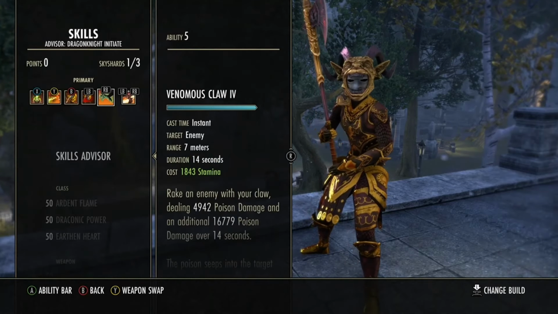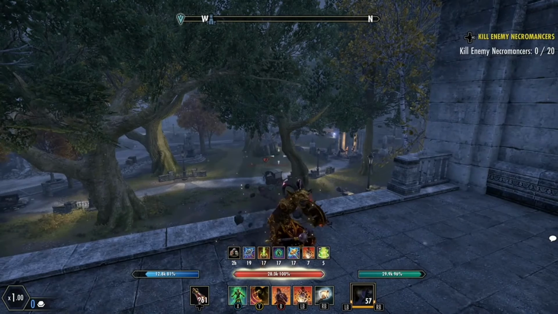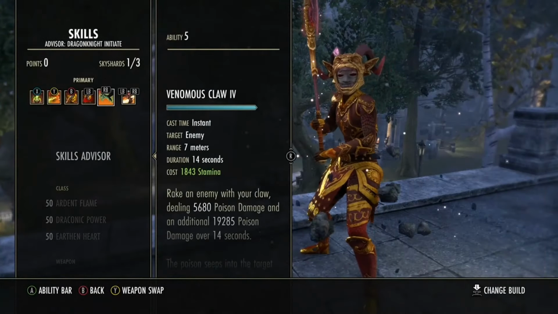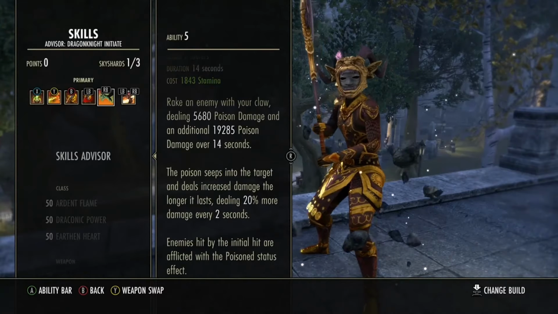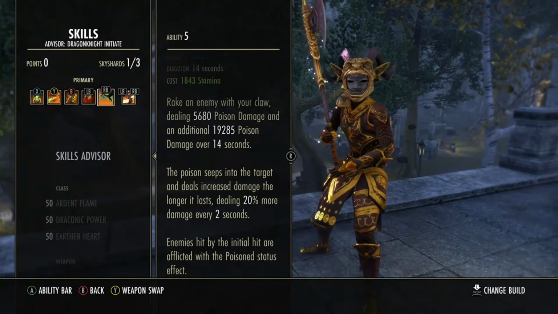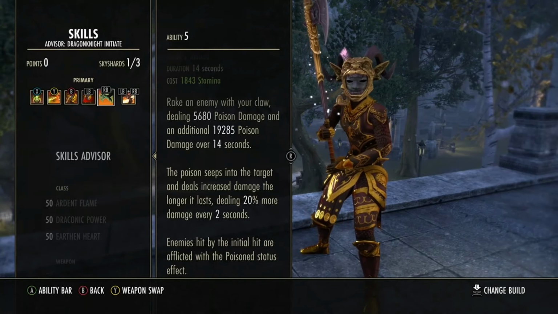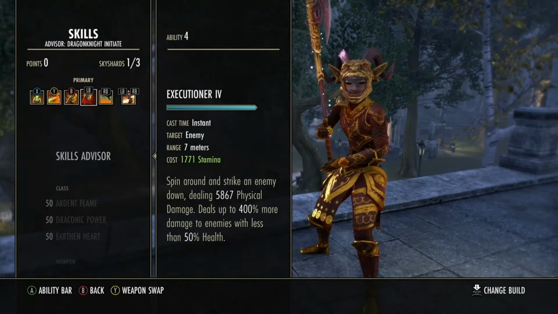And speaking of dots, we got Venomous Claw. This thing is ridiculous this patch. About a 20k tooltip. If everything was going in my favor, it would be a 20k tooltip. Over 20k. And yeah, with the reduced healing this patch, having both of these dots on people,